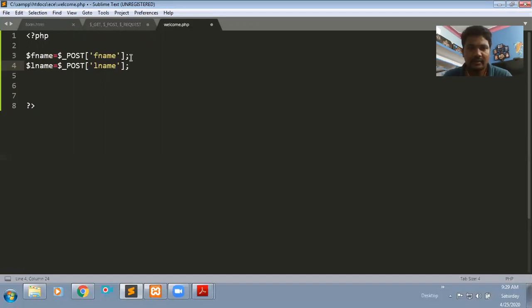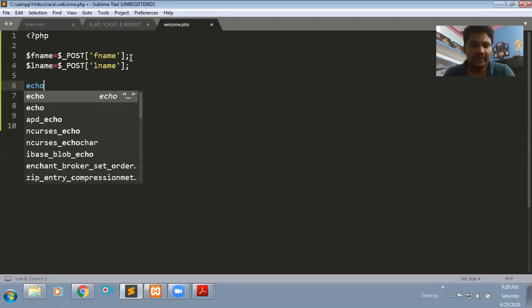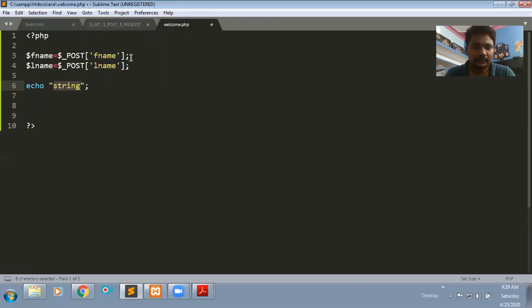Then, to check whether I'm reading this data or not, I'm trying to echo these two variables. I'm printing the first name and last name in the output page. Here I'm echoing the message first name, concatenating with the dot operator.